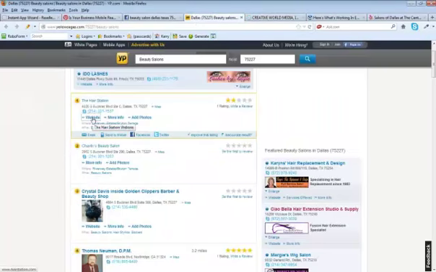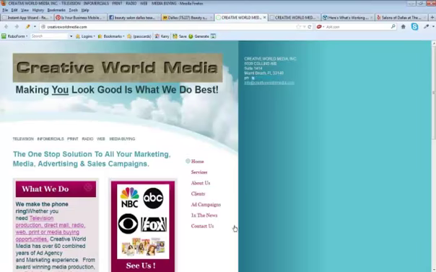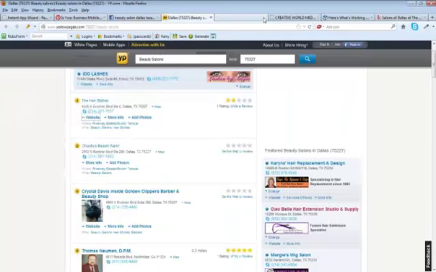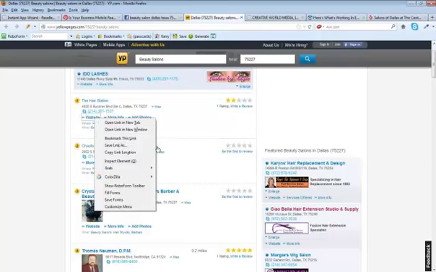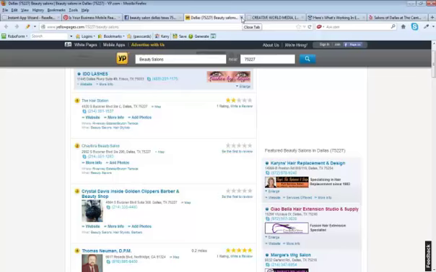Lots of times when you click on these, unless you ask to take it out of the browser, it'll open up in the same browser. Now, YP's got it set up to where it opens up outside, so it's a lot quicker if you just say open a new browser, open link in new tab, open link in new window. But YP is another great place.